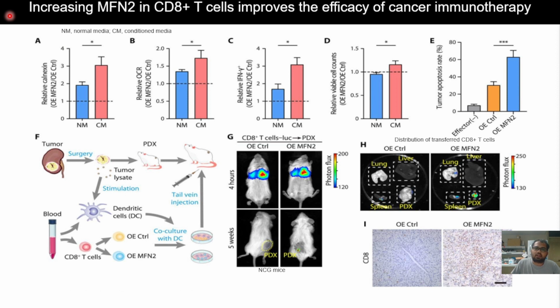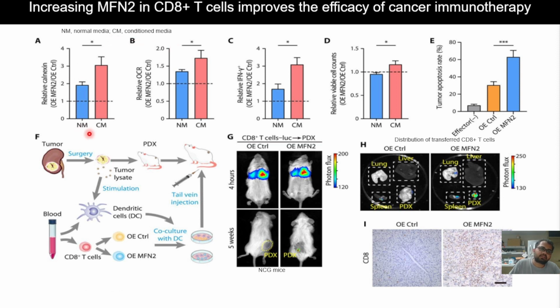So further, what they did is they wanted to check the effect of this MFN2 on the cancer immunotherapy. So what they did exactly here. In this case, they used this conditioned media. What they figured out is the media in which they are culturing these CD8 T cells is a little bit different from the microenvironment of these tumors. So they tried to create this tumor microenvironment-like media, which they called a conditioned